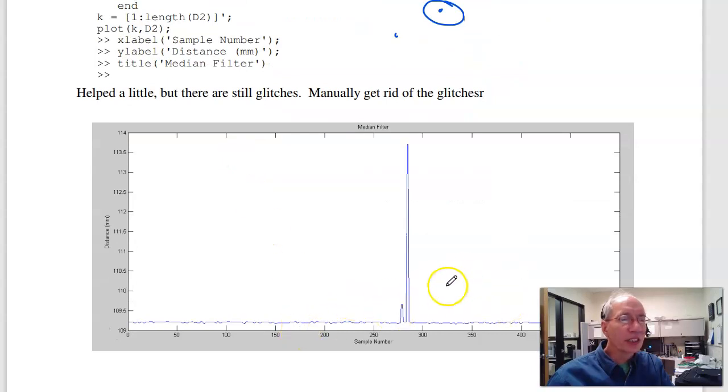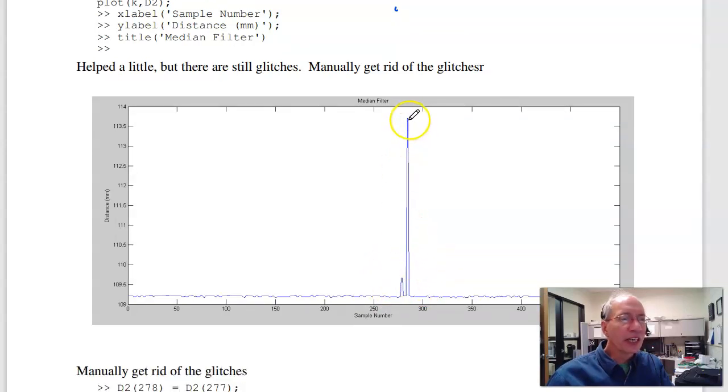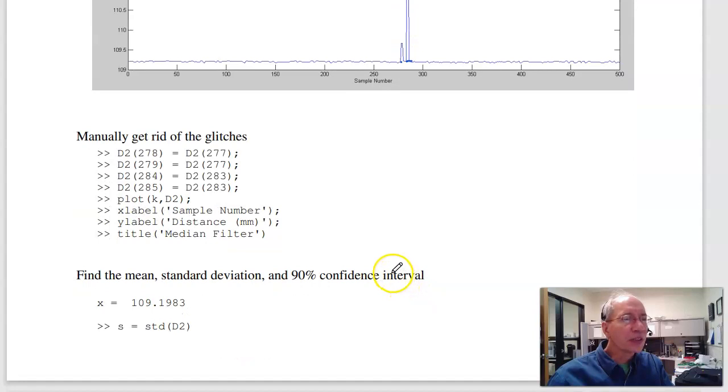Here's what it looks like. It's better. I still have a couple jump discontinuities in there. So what I'm going to do is manually go into the data and fix these points. Get rid of them, kind of put them into here. That's manually getting rid of the glitches. Kind of easy to do by hand, hard to do in software. But if I just hard code it, get rid of these glitches,